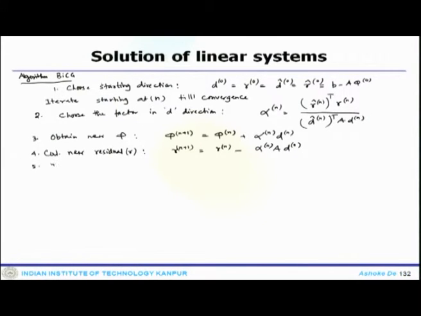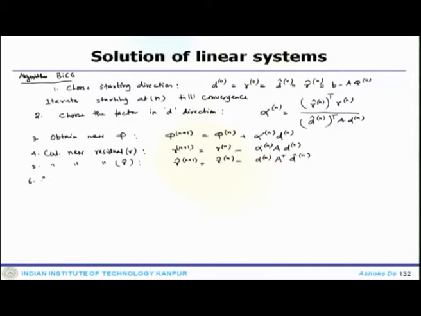Similarly, you calculate the new residual r hat, which is like r hat n plus 1 equals r hat n minus alpha n A transpose d hat n. So, using the dummy or shadow matrix A transpose, you get the